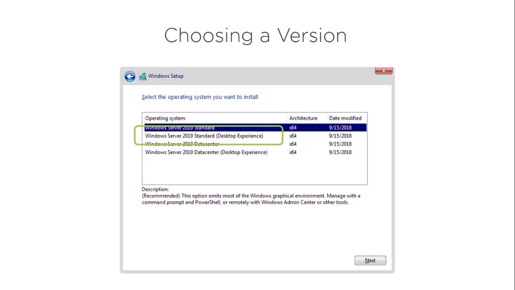It means you will get a desktop like your computers, with your recycle bin and all the icons. So during the installation you will choose whether to install the Desktop Experience or the version of Windows Server without a GUI, which is also called a Server Core installation.